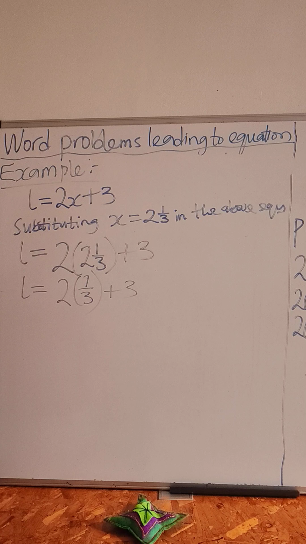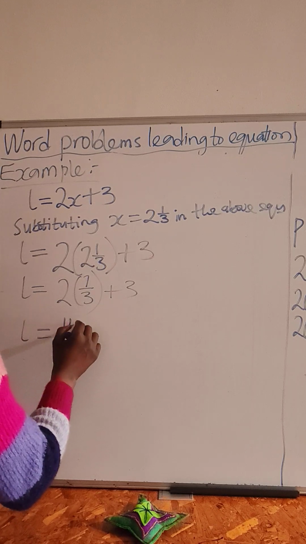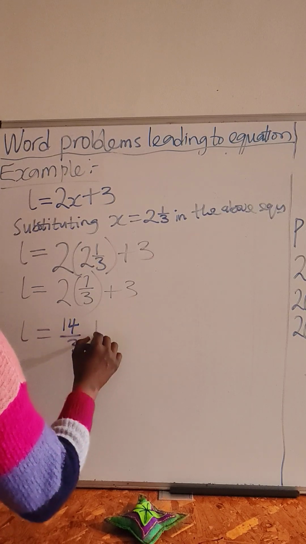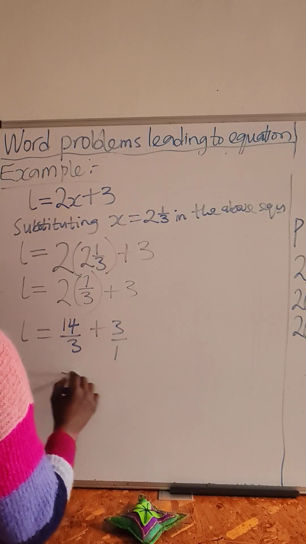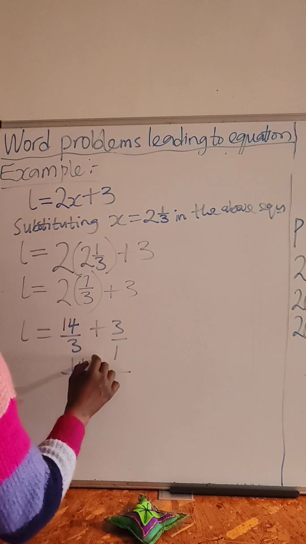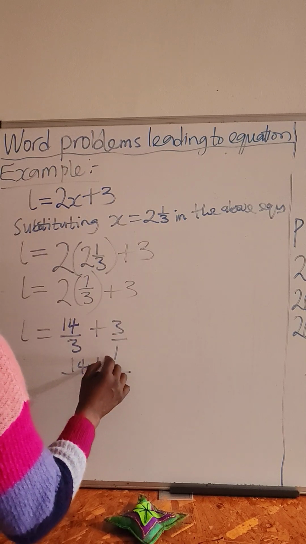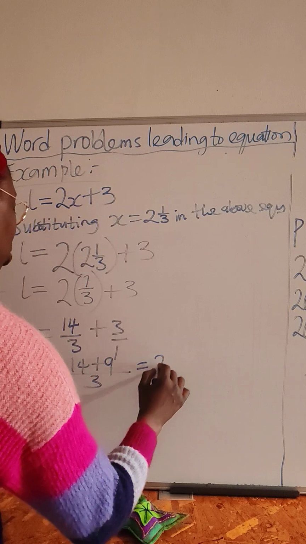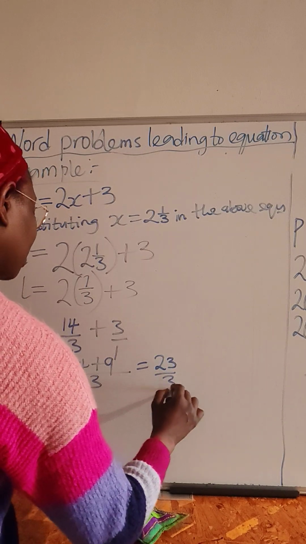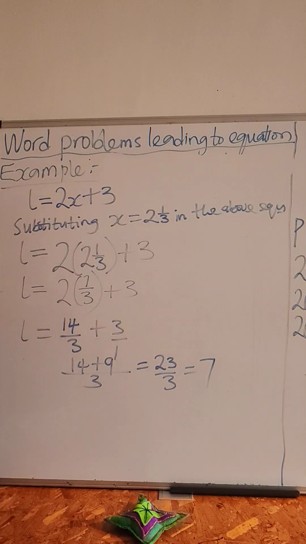So L is 2 by 7, 14 divided by 3 plus 3. So adding this together, we'll be having 14 here plus 3 by 3, 9. So we have 23 divided by 3, which is 7 whole number